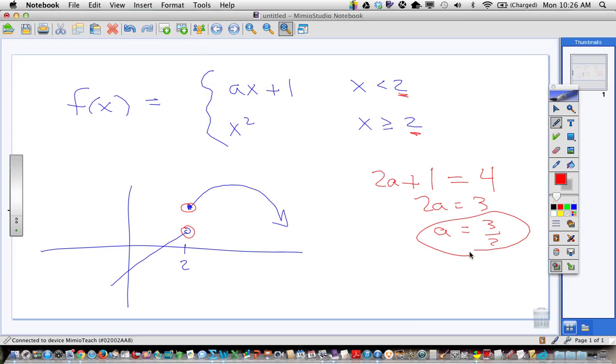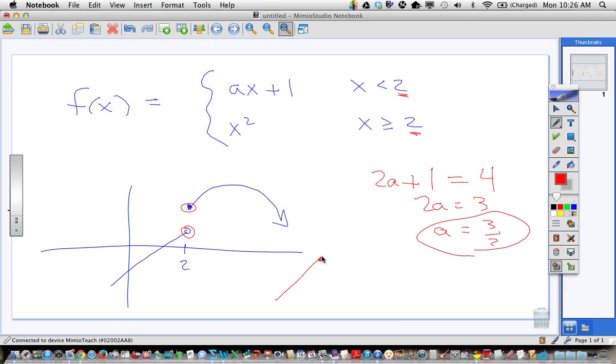In 67, it says, is f differentiable? In B, it says, if A has that value, does f prime of 2 exist? See how that's the same question? Does f prime of 2 exist is like saying, is it differentiable? Okay, to be differentiable, what we've done is said, if A is 3 halves,